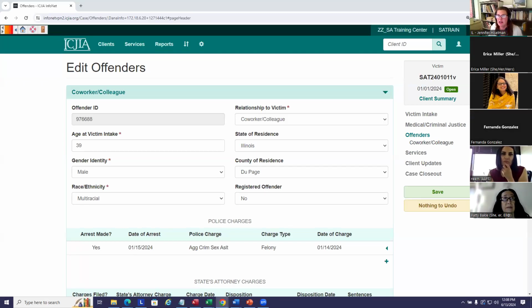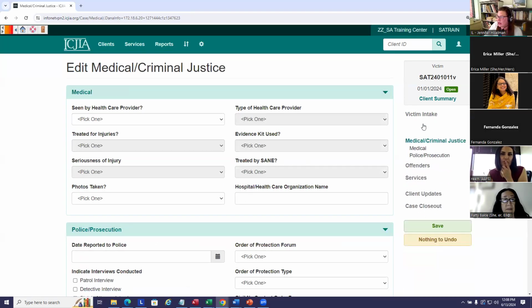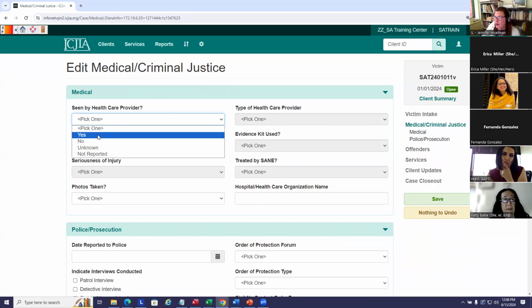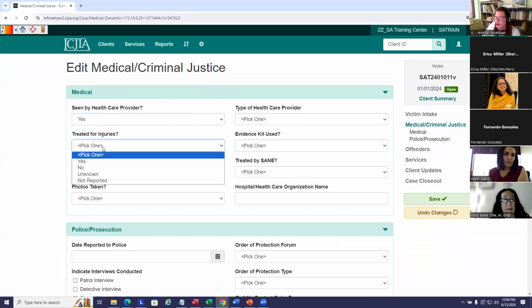Okay, so to enter a client's interactions with healthcare and legal systems, while you're viewing the client's record, you just want to click Medical Criminal Justice, this link right here. And we first have the medical section. Seen by healthcare provider, that's a simple yes or no. Treated for injuries,